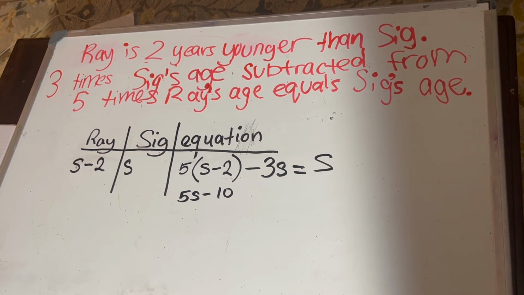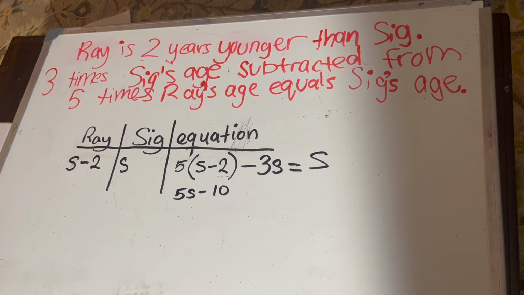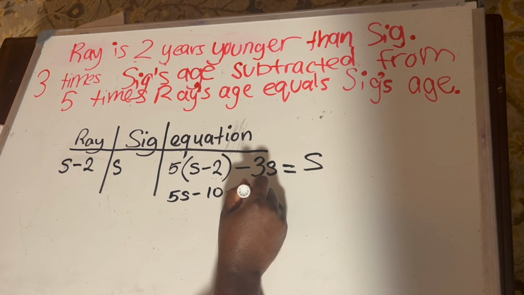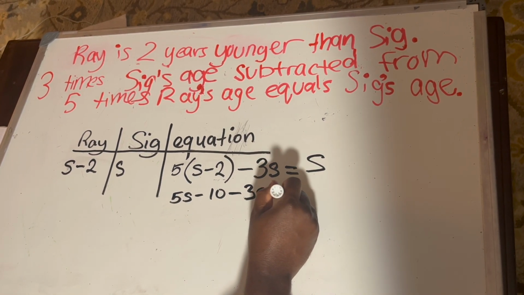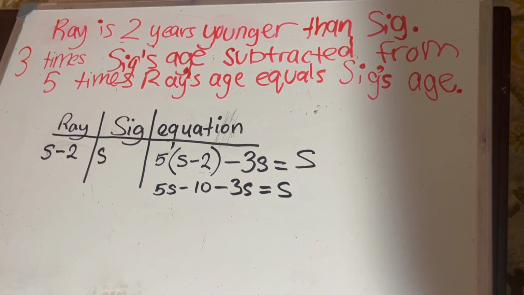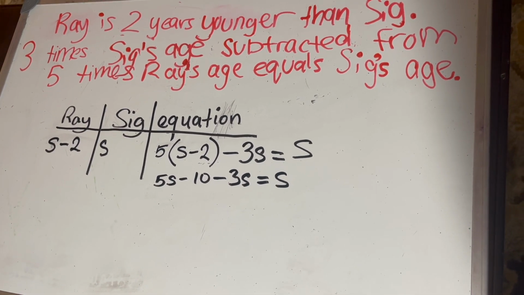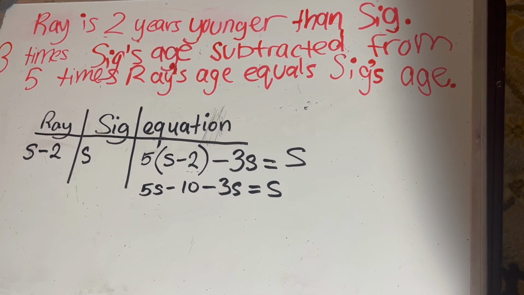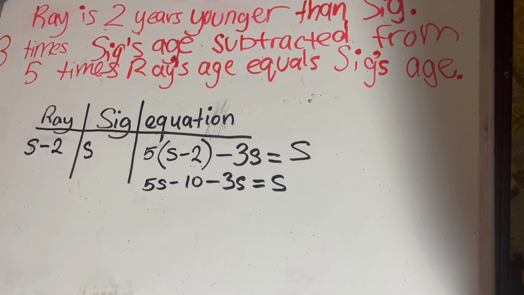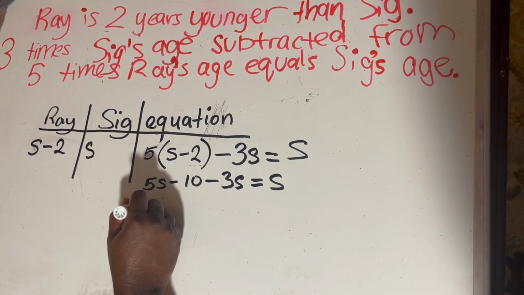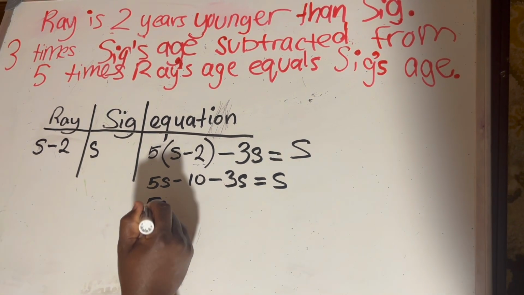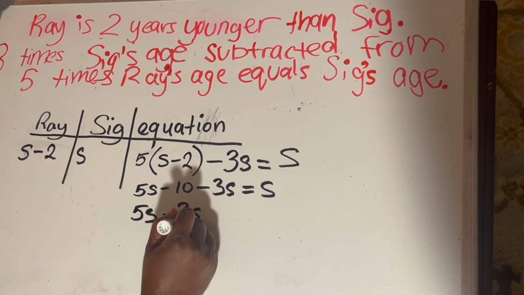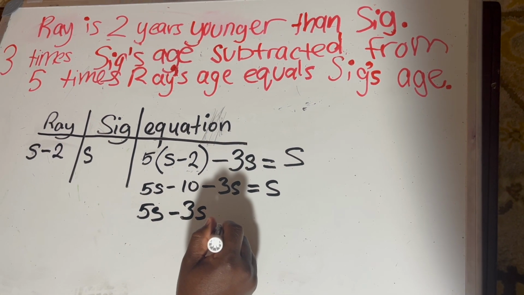Correct. Now we're going to bring down that negative 3s, or minus 3s, and bring down our s, or equals s. Now we do see 2 like terms. So what do we do with those? Regroup them. Right, we combine them. So we're going to add our 5s and our negative 3s. Which gives us